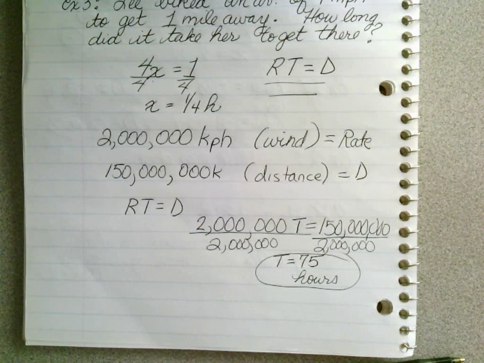Whereas light takes between 4 and 10 minutes. I can't remember. It's like a real small number to get here. So if the sun quit shining right now, in 5 minutes it'd be black. Anyways,